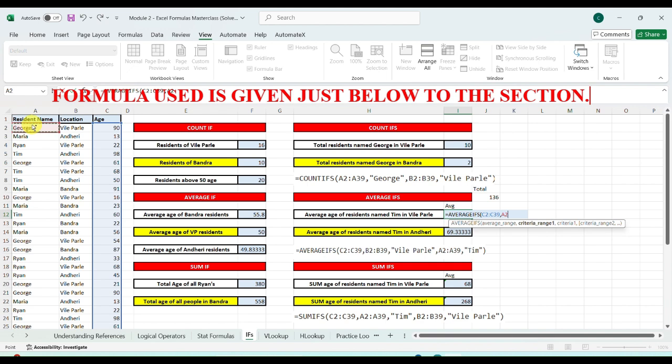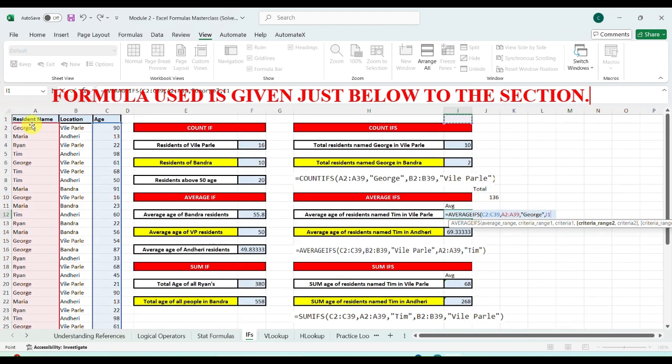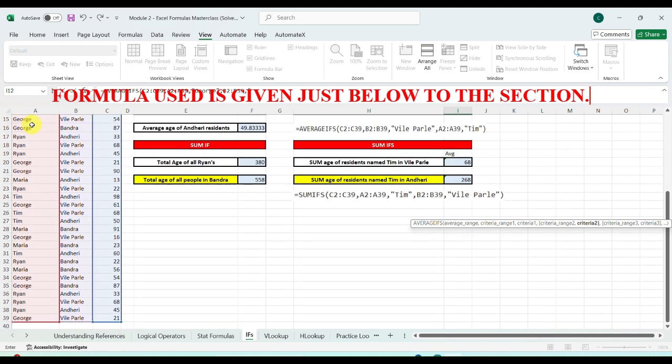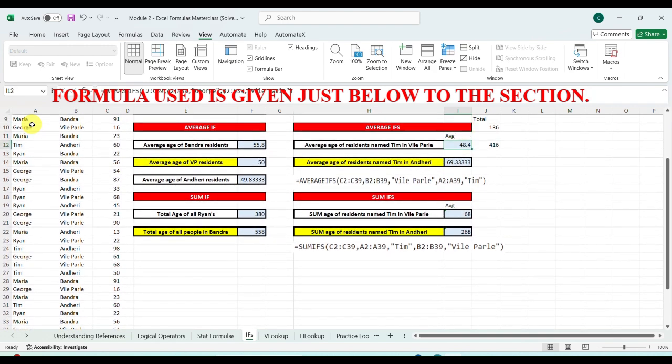Select George, comma, George. Again, comma. In Ville Parle, the criteria is Ville Parle. Bracket close. You see.